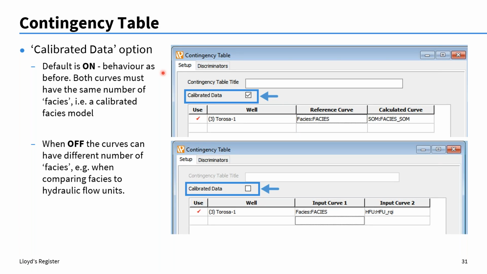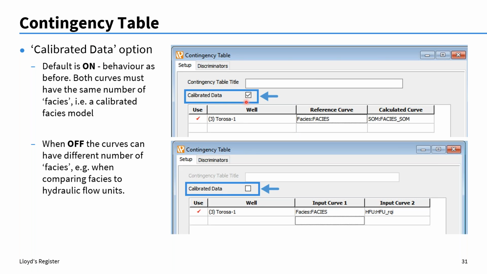The Contingency table module now has a calibration data option. Normally, you will use this module if you want to compare 2 sets of facies when you're doing rock typing. Now, one limitation was that you must have the same number of values in the curves you're comparing. Now, with this calibrated data option, if you have it on,